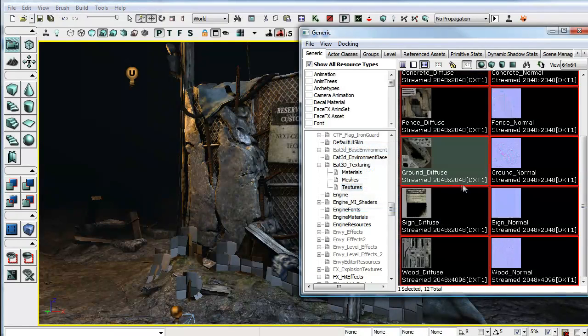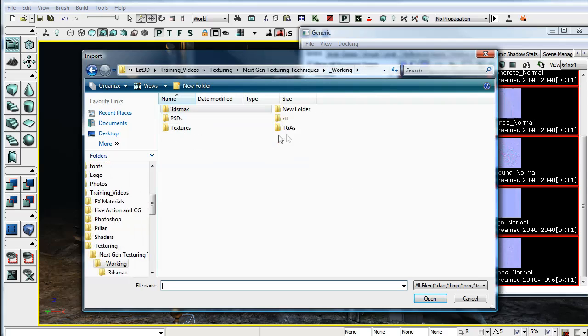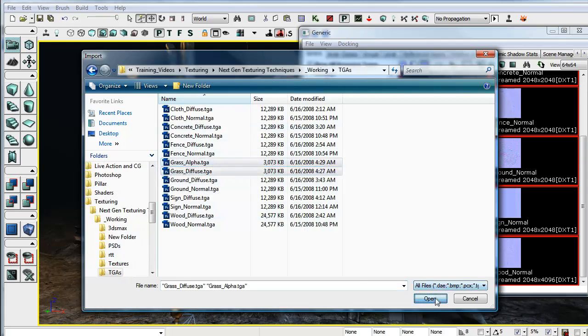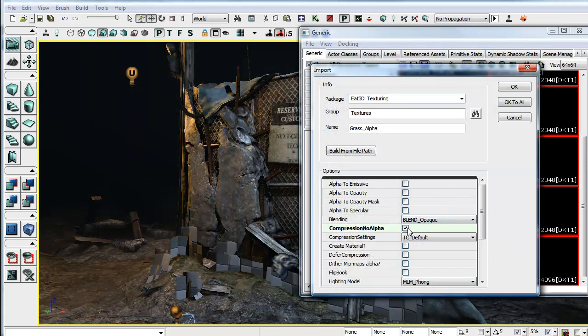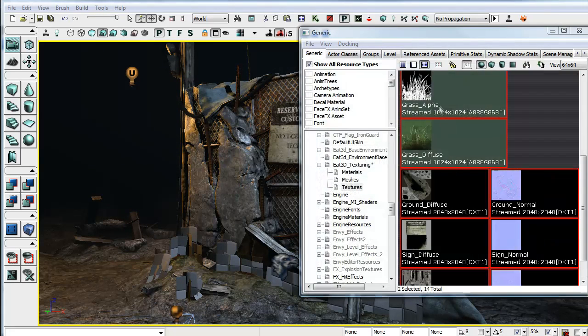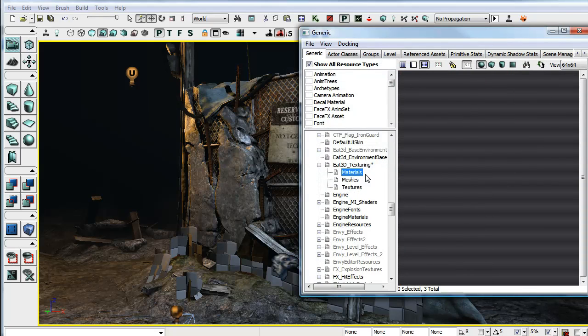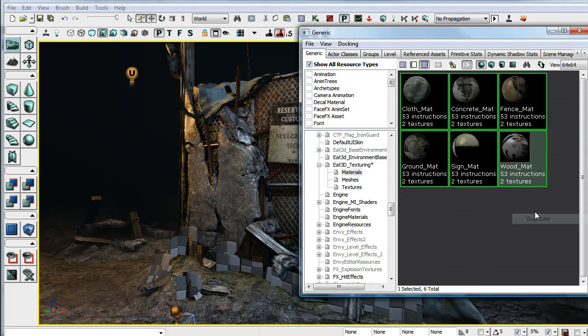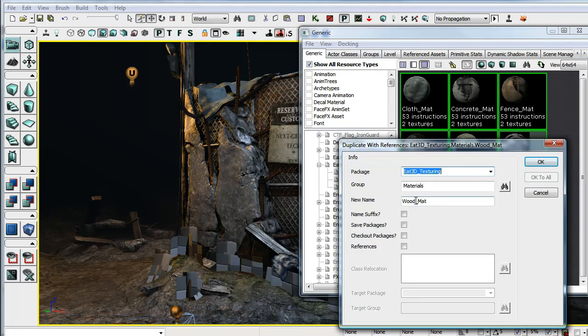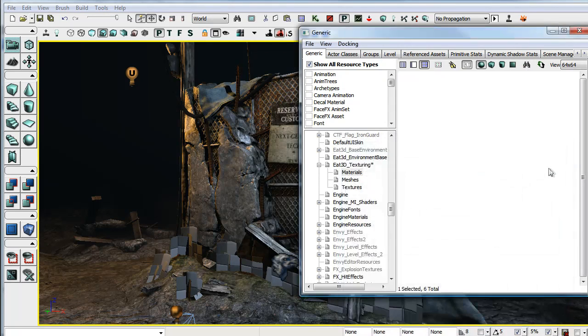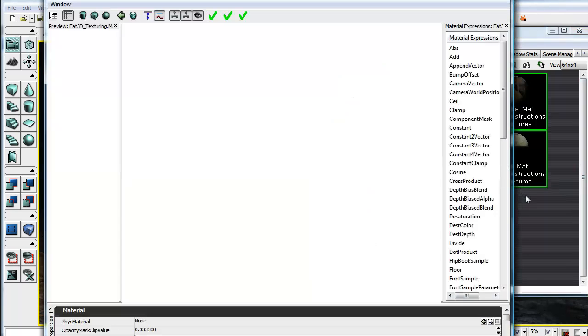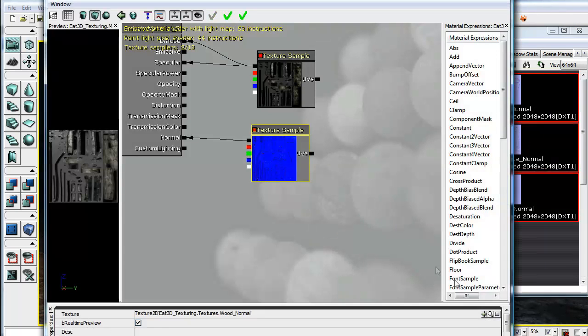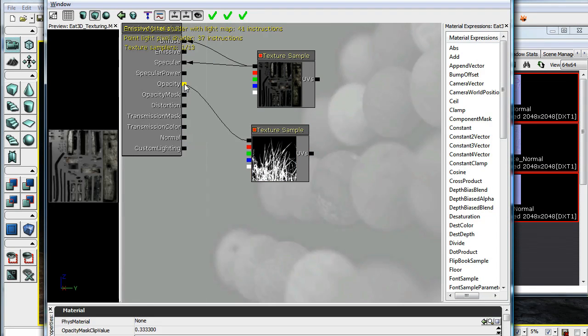And we'll just go into Unreal really quick, and I didn't bring it in yet, so I just need to import. So I'll import the two grass textures, compression no alpha, defer compression, and hit OK to all. And you just need to make a new material. So we'll duplicate this one, and we'll just name it grass. So we'll plug this into the opacity mask, and